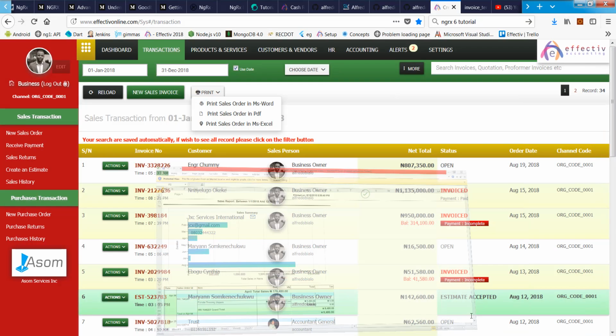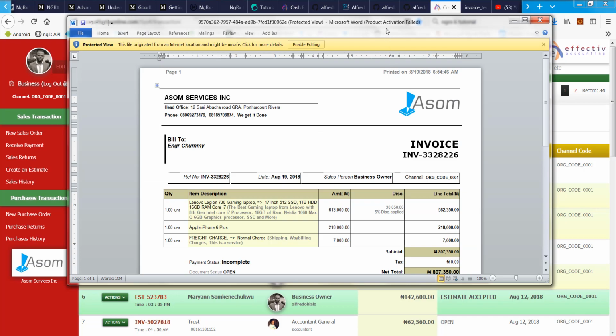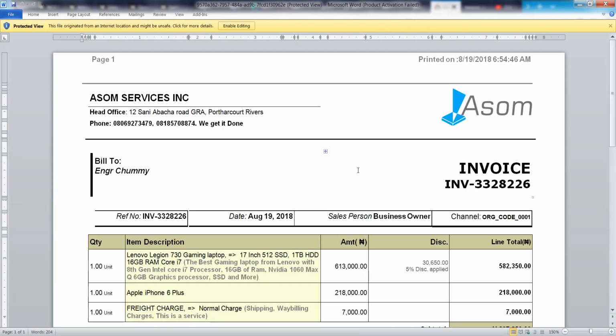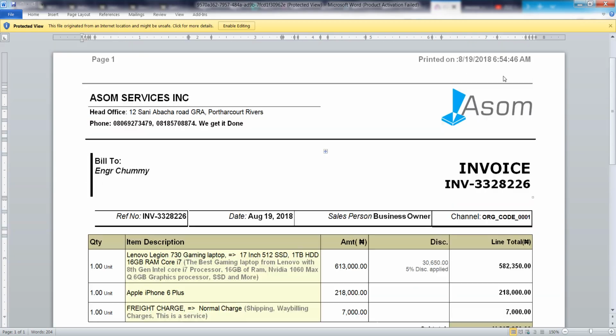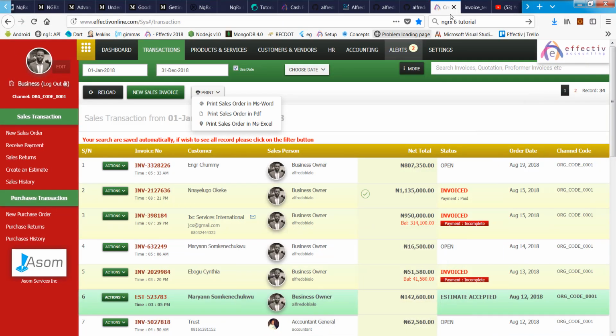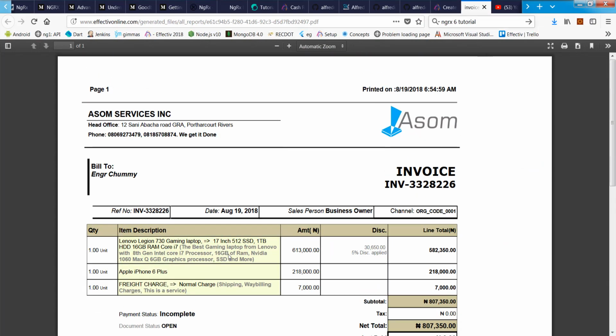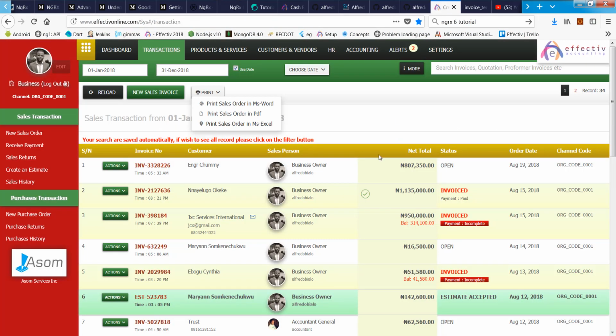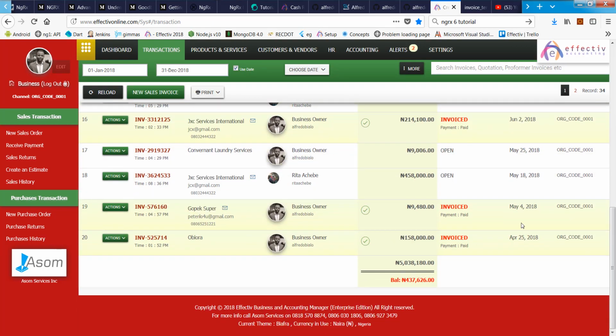It's customizable. This is the invoice. See how beautiful it is. This is the invoice you give out to your customer. You can choose either format you want, and that's an invoice. You can customize even how you want this section to be shaded. You can do that in the settings section, which I'm going to explain extensively when I'm going to create a new